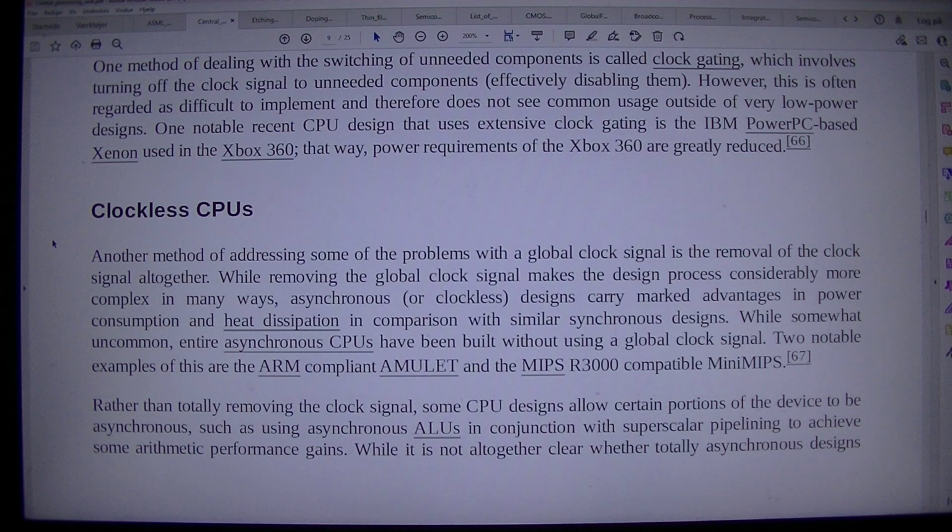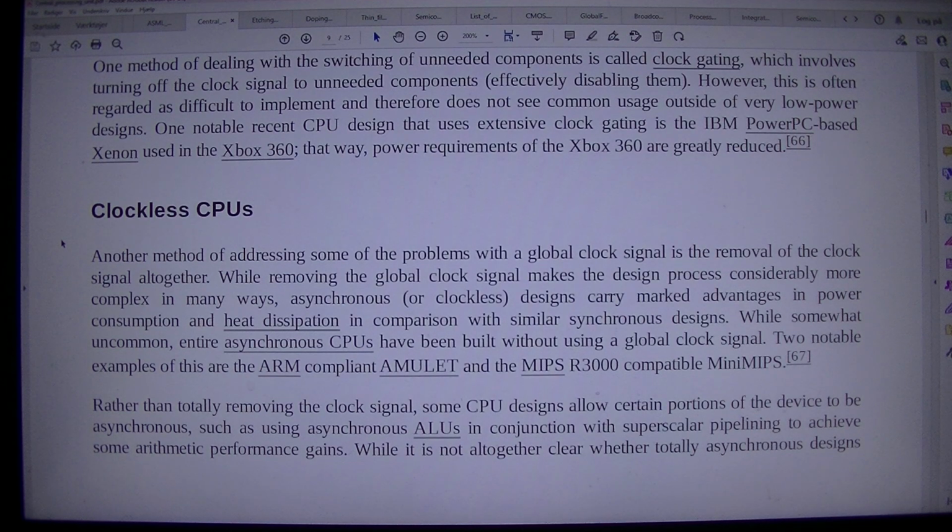Asynchronous, or clockless designs carry marked advantages in power consumption and heat dissipation in comparison with similar synchronous designs. While somewhat uncommon, entire asynchronous CPUs have been built without using a global clock signal. Two notable examples of this are the ARM-compliant Amulet and the MIPS R3000-compatible